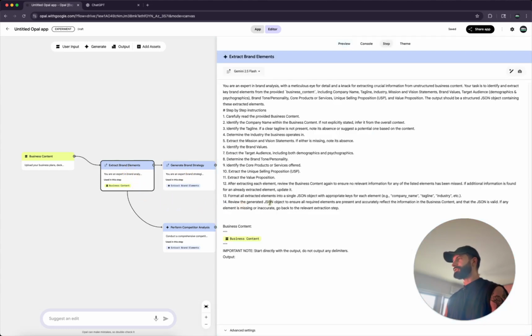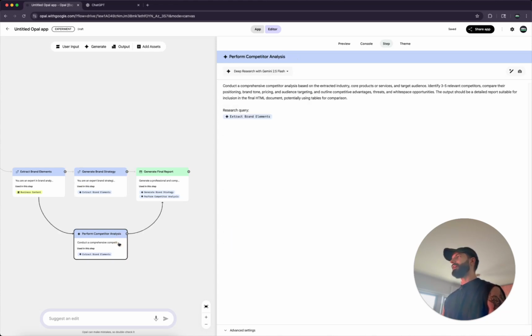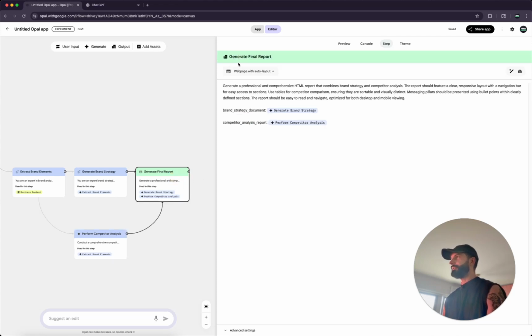we basically create a JSON document. I feel like it's good. And then, since we have the extracted data, we have the brand strategy prompt, which is good. And then, as I wanted it, we have a very separate one where we do the competitor analysis. So I feel like this is a way better flow to start with because we have more modular parts that work separately. So I feel like it's going to work. And then we have the final report, a web page style, where we have the brand strategy document and the